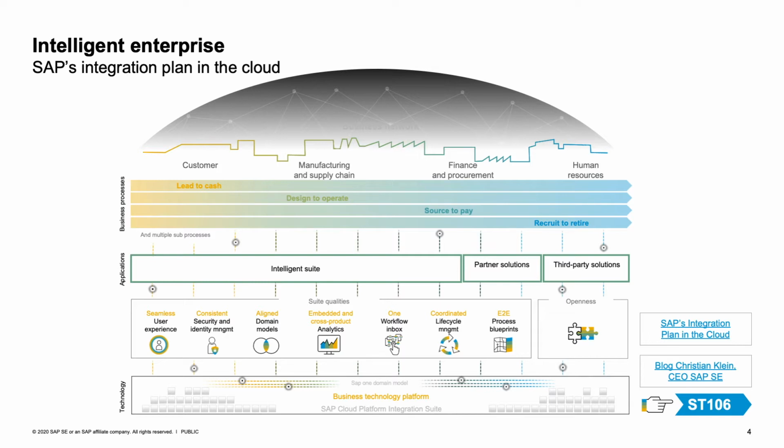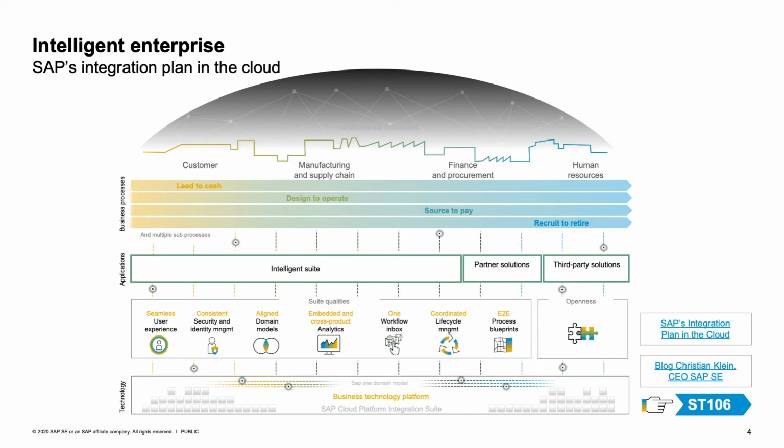And to really implement these end-to-end processes, we have, of course, the SAP products involved in these processes with the Intelligent Suite that you can also see here in the center of the presentation. That includes, of course, S/4HANA and all of our LOB applications that together really implement these end-to-end processes. And to really come also to a consistent integration, we have also outlined 7 suite qualities that you can see below that are really the ingredients that allow you to integrate these end-to-end processes in a consistent